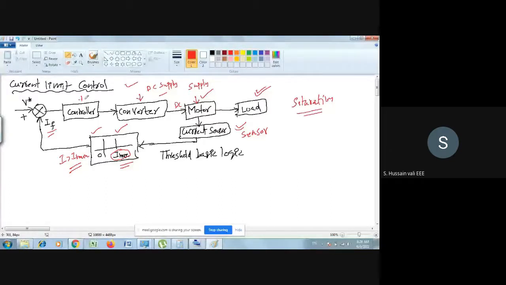You know, everyone knows this thing that whenever there is, so this is error detector. I can say error detector. I hope you might have seen these blocks in the control system also. So this error detector will find the error, then that error goes to the controller. Then as per the response, it gives the command to the converter. Then as per that, it decides the value of alpha.